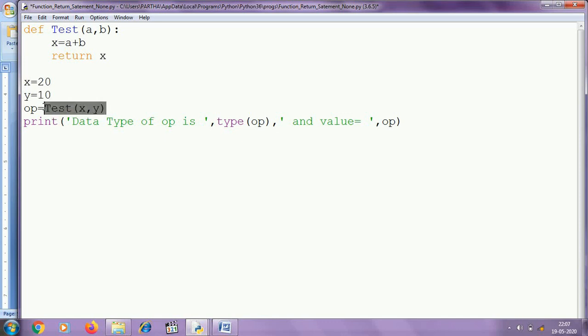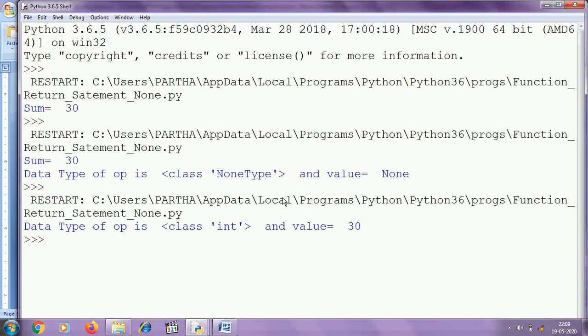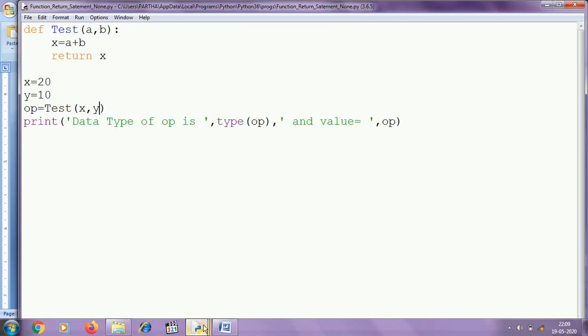So after execution of this statement, 30 will replace this test(x, y). So op will be assigned with the value 30. In this statement it will print integer as the type of the variable op and value will be 30. Let's see. You can see that data type is integer and value is 30.